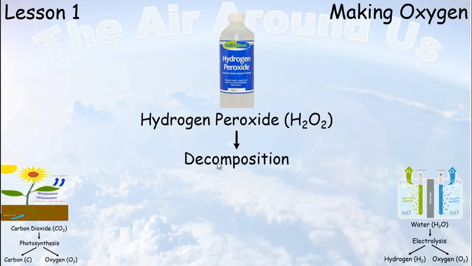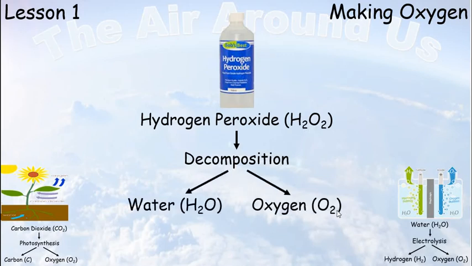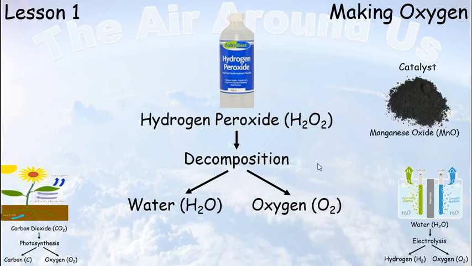That process is called decomposition. When something is broken down, starts to degrade, fall apart. We're going to break it down into water and oxygen gas. So H2O, but this has an extra O in it, and we're going to break it down into water and the extra oxygen. We're going to use a thing called a catalyst to achieve that. The catalyst we're going to use is a substance called